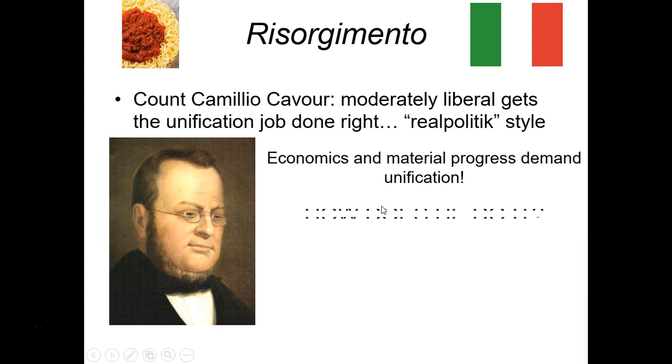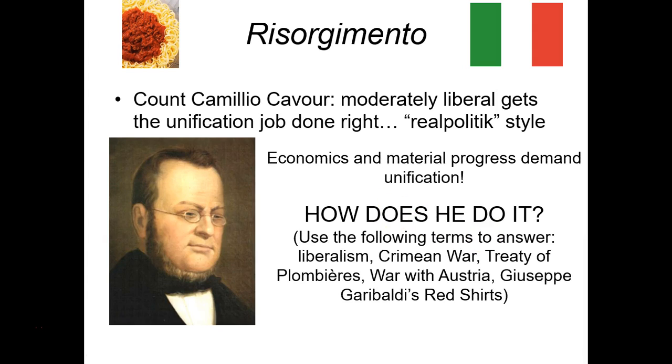One of the things that I hope you are going to be able to do, and this is where it's going to get slightly confusing because I'm not going to have this all typed out for you, is this: when you look at your key concepts, what you should have in your notes from our textbook, you should have a pretty good idea how every single one of these terms, from liberalism, the Crimean War, the Treaty of Plombières, the war with Austria, and Giuseppe Garibaldi's red shirts, how Cavour will manipulate and use all of these to bring